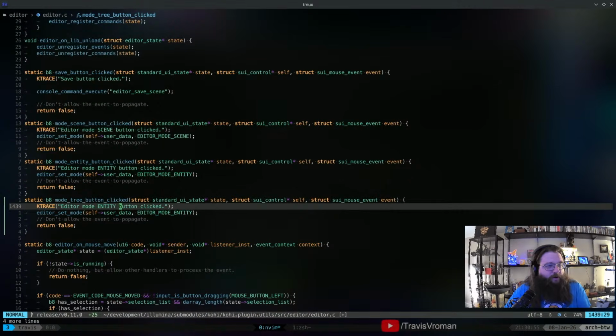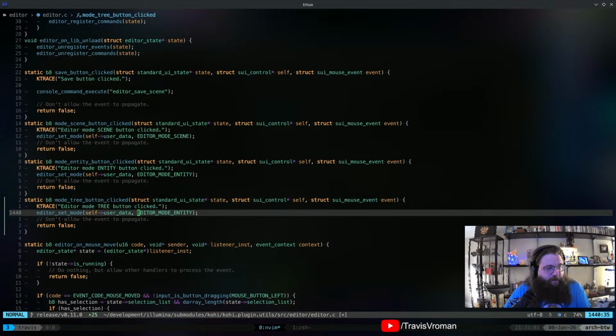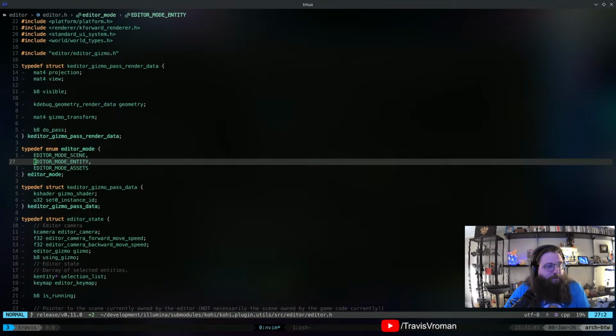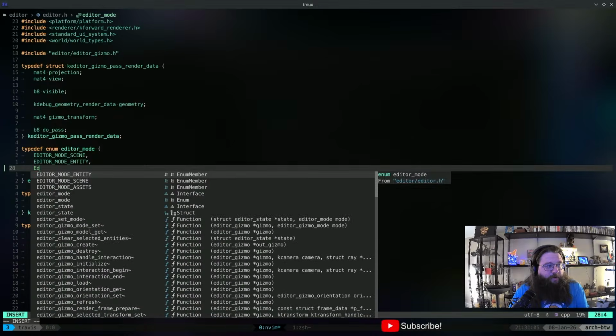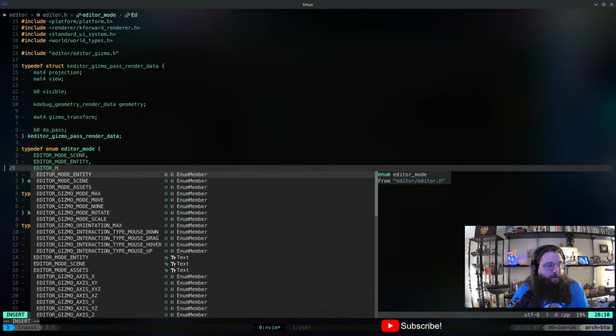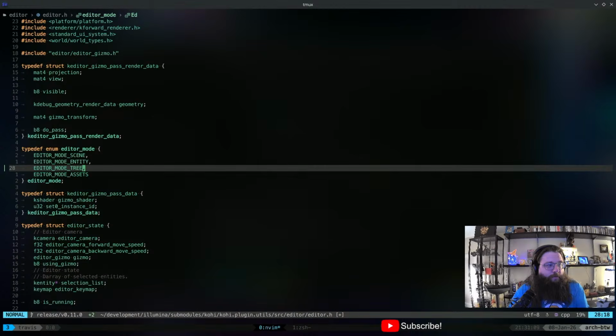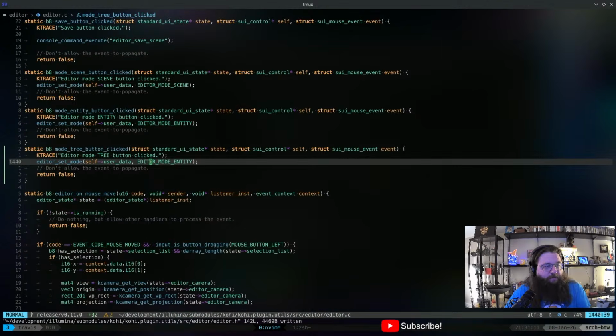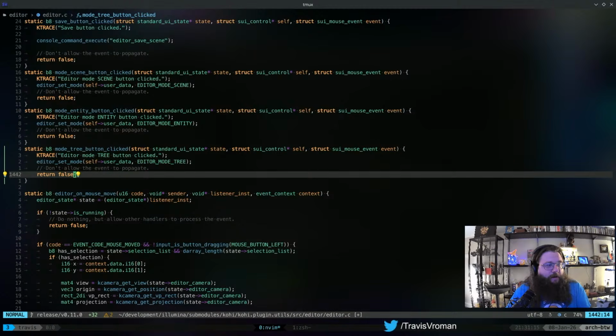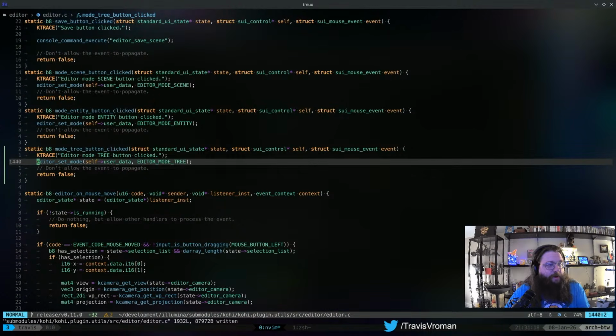And we're going to say mode editor mode tree button clicked. And then we're going to set the editor mode. We're going to add a new editor mode. Okay, so we'll change that to tree. And then editor set mode.